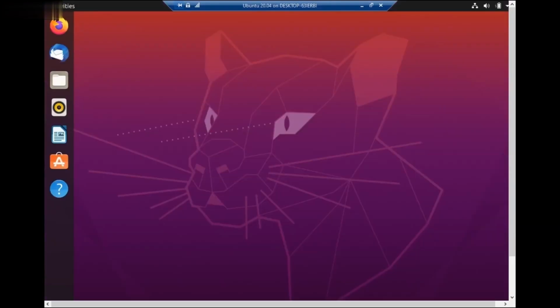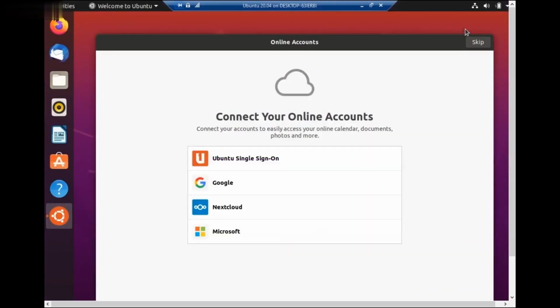Now I will log into the system once again to see whether the network adapters are working or not. So now we can see that we have the network bars there. So it means that we have internet connectivity. I will check it in the browser.